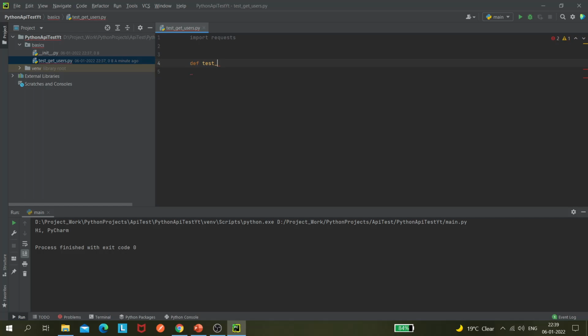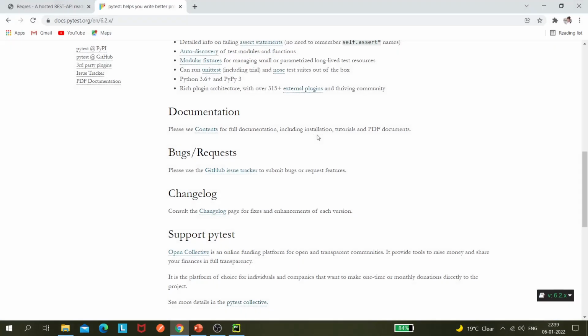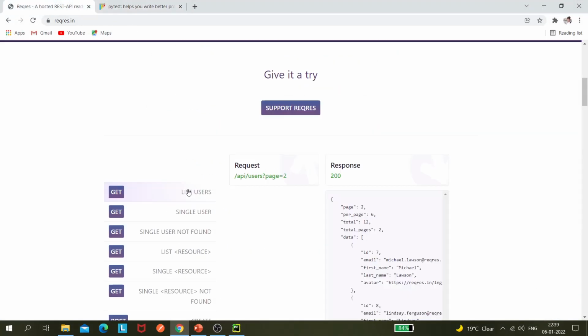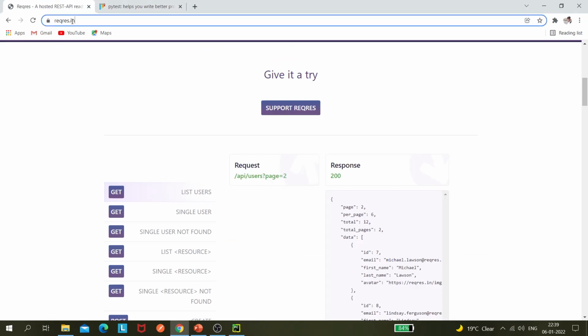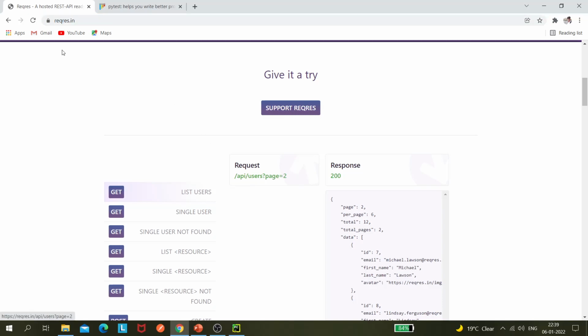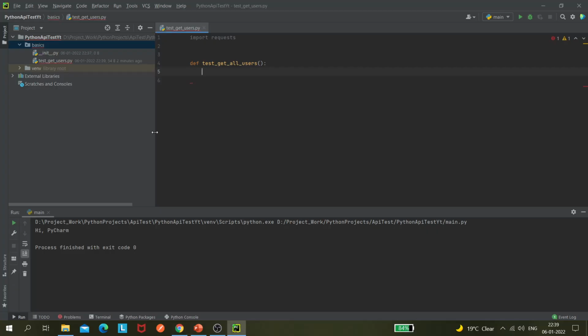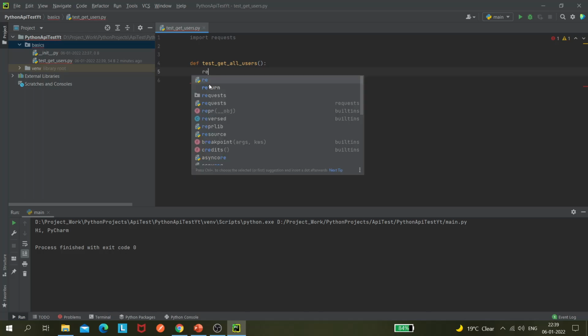So what method name should I give? Get all users, right? So this is my users. And now what do we have to do? This is my URI, right? In total, this is my endpoint, and this is the URL. And here I will be creating requests